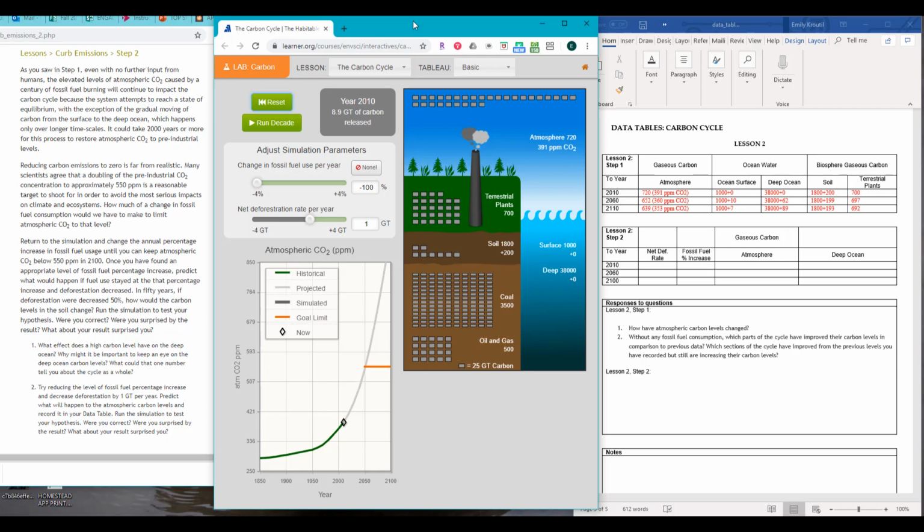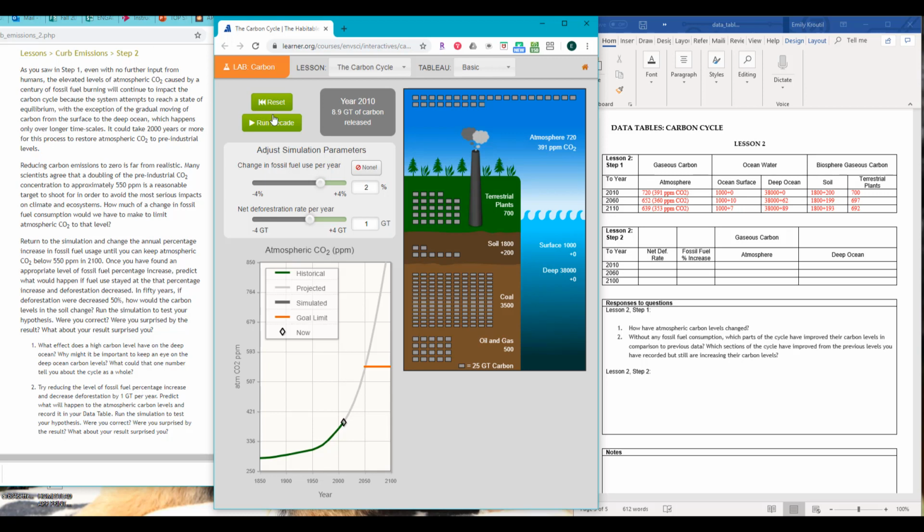Many scientists agree a doubling of pre-industrial CO2 concentration to approximately 550 ppm is a reasonable target to shoot for in order to avoid the most serious impacts on climate change. How much of a change in fossil fuel consumption would we have to make to limit atmospheric CO2 to that level? Return to the simulation, change the annual percentage in fossil fuel usage until you can keep atmospheric CO2 below